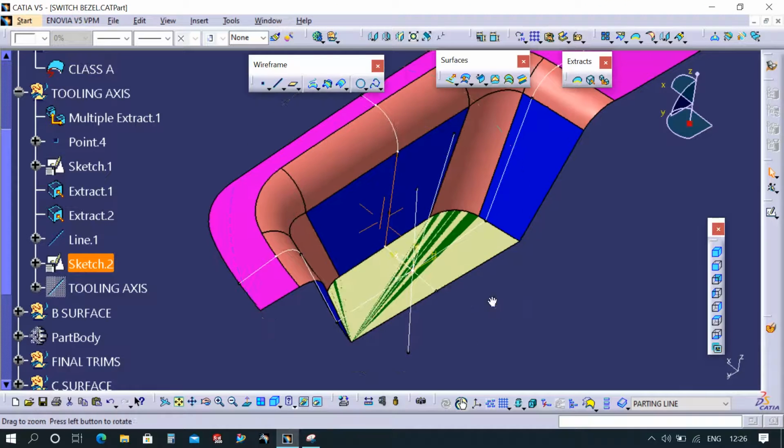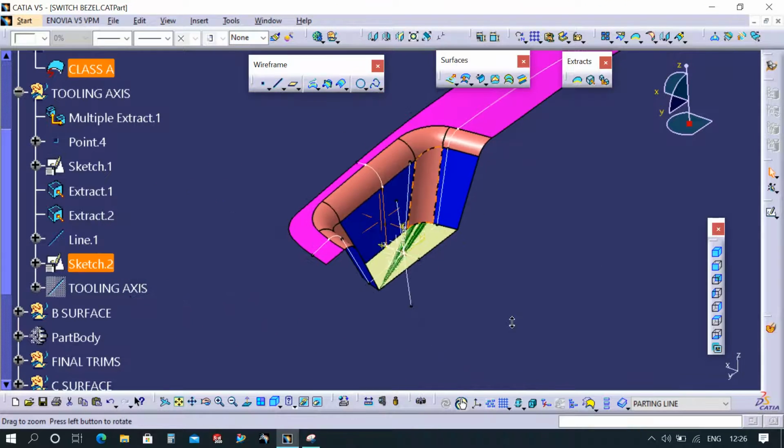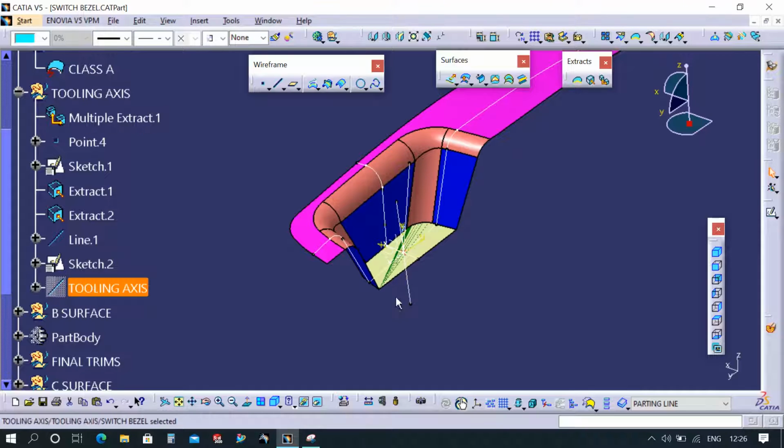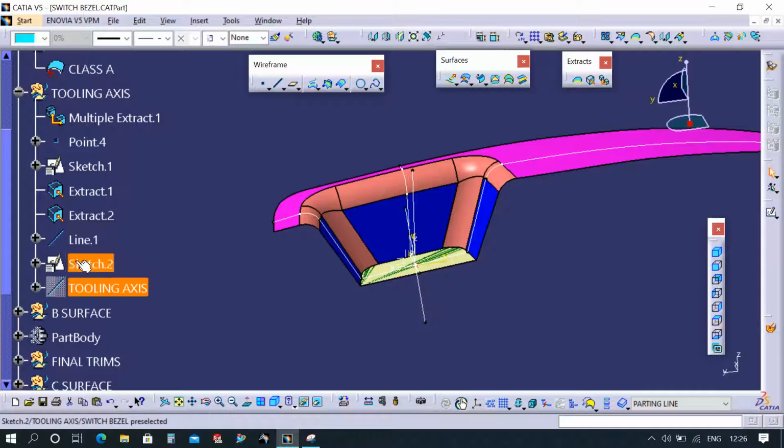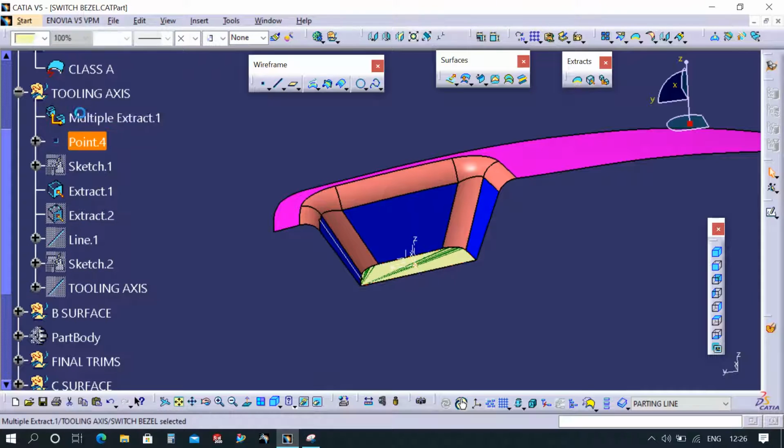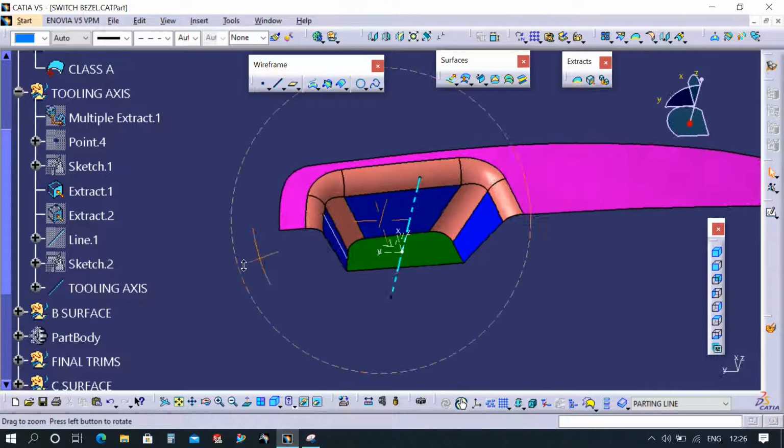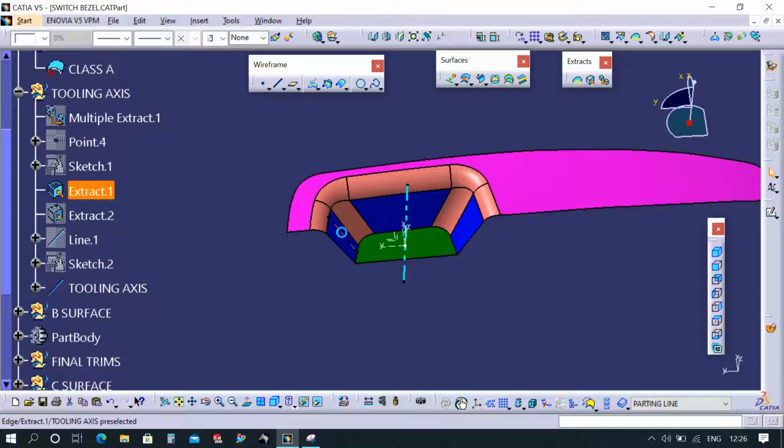And one line we got earlier, the tooling axis line, this line 1, line 2, you get the bisecting line again. So you'll get one tooling axis. I'll show the tooling axis I have created, one second. So this is my tooling axis according to that process.